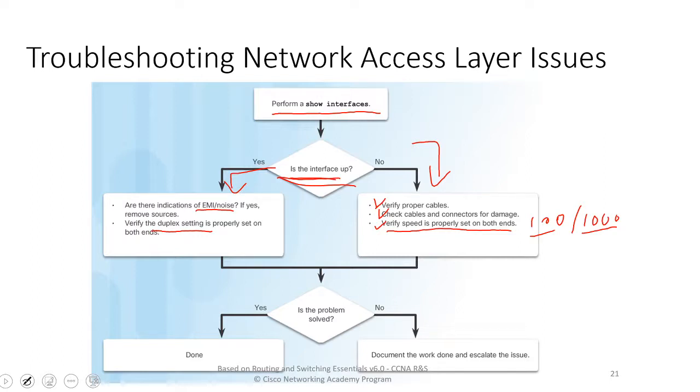Then if the problem is not solved even in these two cases, then it is further beyond the functioning of the switch itself. It is not a switch or network layer issue. If these things are okay, that means the network layer issues are resolved. Then if the connectivity issue is still there, that may be something else, and we may have to troubleshoot that at a different level. So at this level, we check first if the physical connectivity is up, and then if the duplex settings and so on are okay, and then see if the problem is resolved.